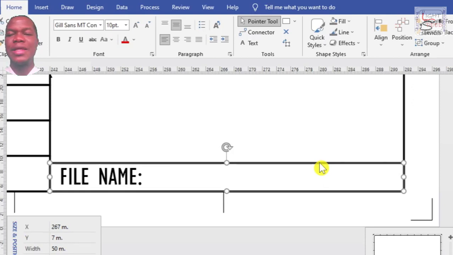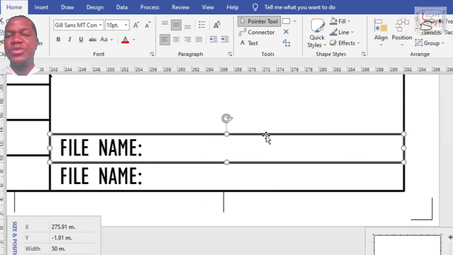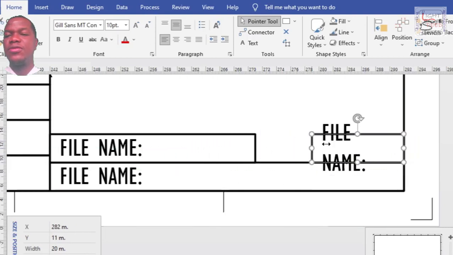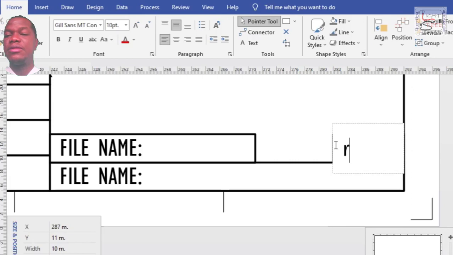So I'm going to duplicate this to make other boxes. Notice that I reduced the size of this section to 10 points. Okay. Now I'm going to make this for reference, revision files.